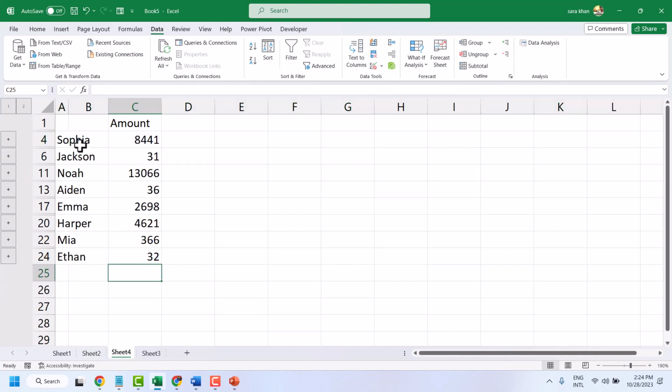So here you can figure out a particular person and the amount which they borrowed before. So this is the example guys. You can merge data similarly for your use. Just type your data in one worksheet and then use the